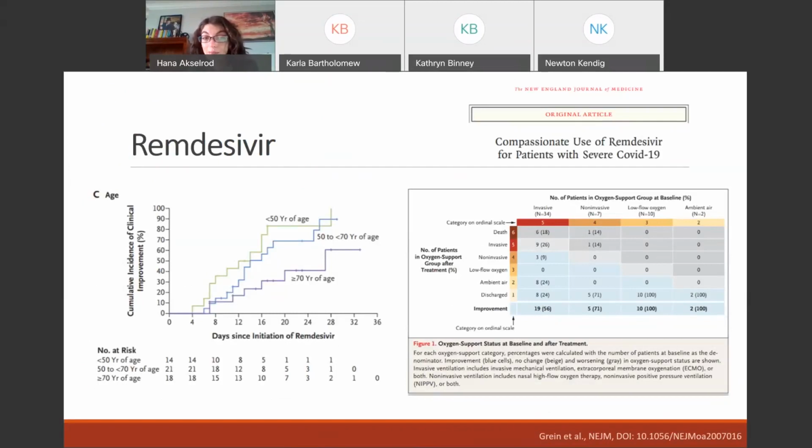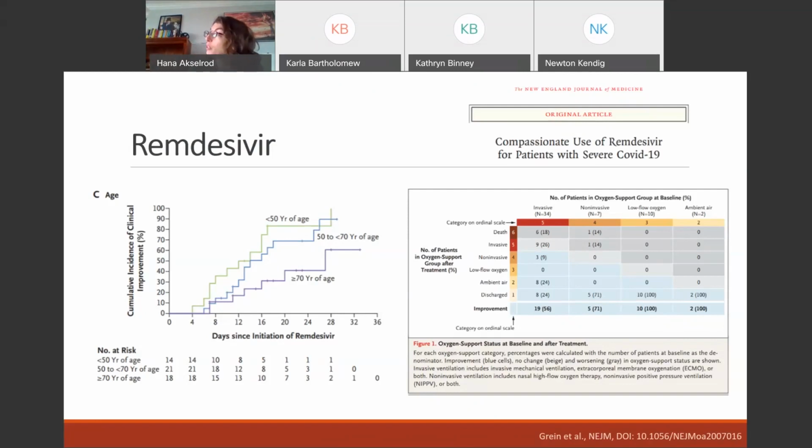is based on small numbers, remdesivir, the antiviral medication that was initially developed for Ebola and has been translated into compassionate use or clinical trial use with SARS coronavirus 2, shows some positive effect on oxygenation requirements in the study of a small number of patients with severe disease. And this effect was consistent in patients of different ages, although it did not fully reverse the trend towards higher mortality among older patients. That said, this study involved rather few patients, and there are ongoing clinical trials for which